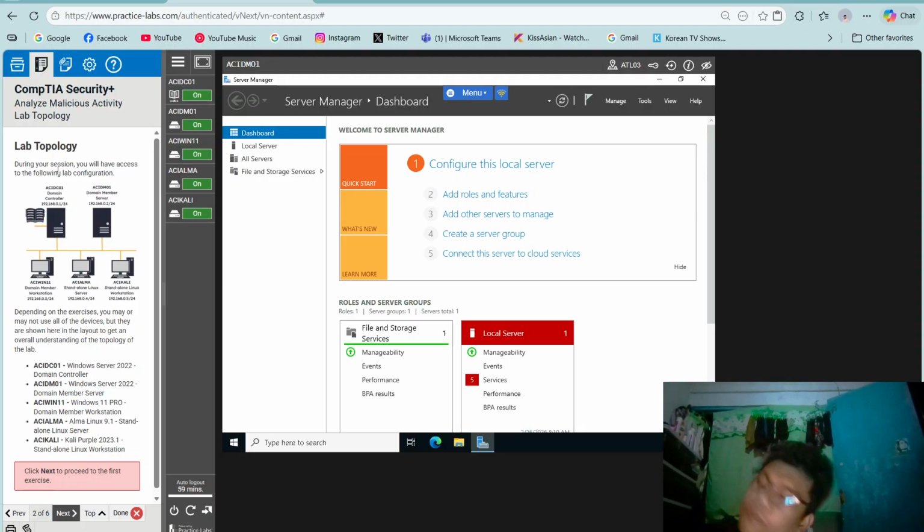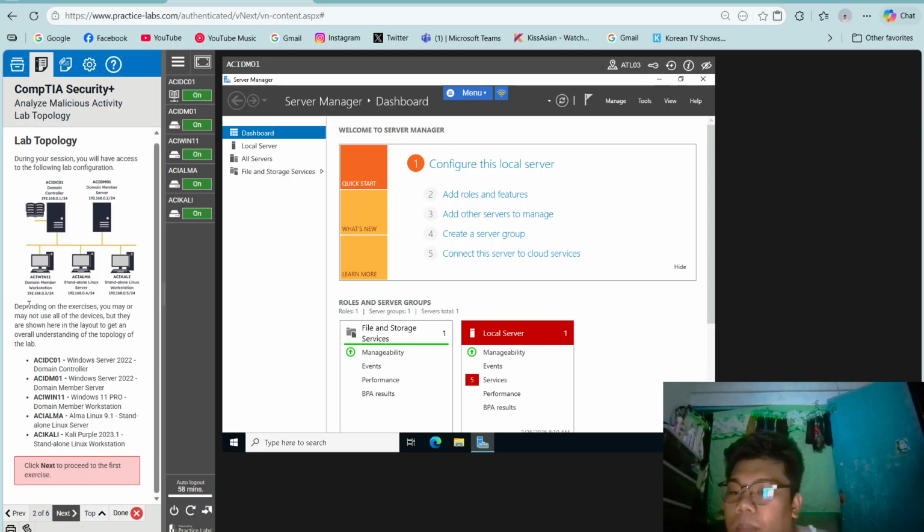So, lab topology. During your session, you will have access to the following lab configuration. Depending on the exercise, you may or may not use all of the devices, but they are shown here in the layout to get an overall understanding of the topology of the lab. There are 5 in total, which are ACI C01, ACI M01, ACI Win11, ACI Alma, and lastly ACI Kali. Click next to proceed